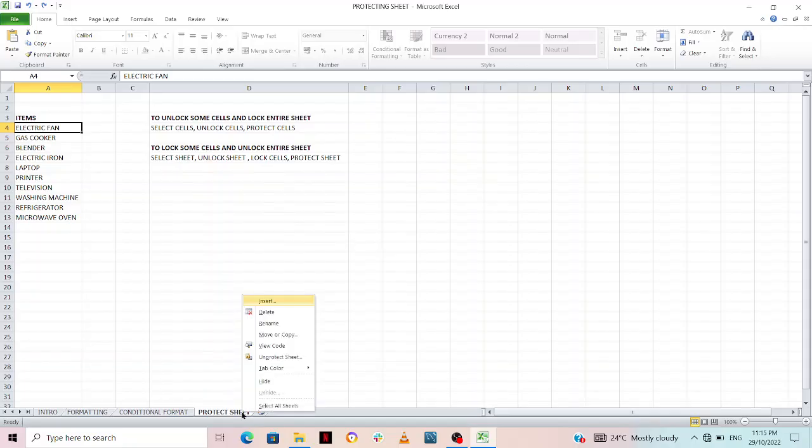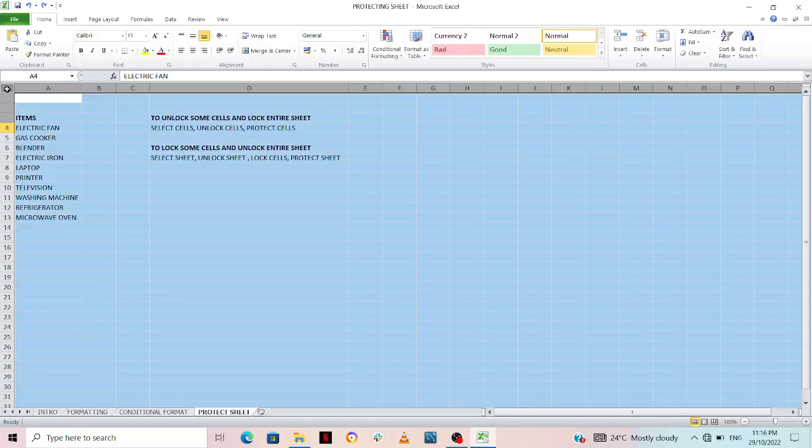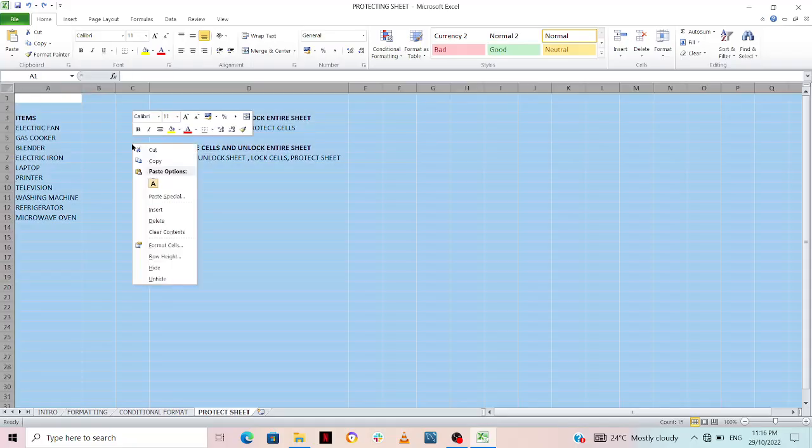Now let's go and unprotect this sheet. 1 2 3 4. We unprotect it so that we can be back to our default. We can come here, select the entire sheet, and